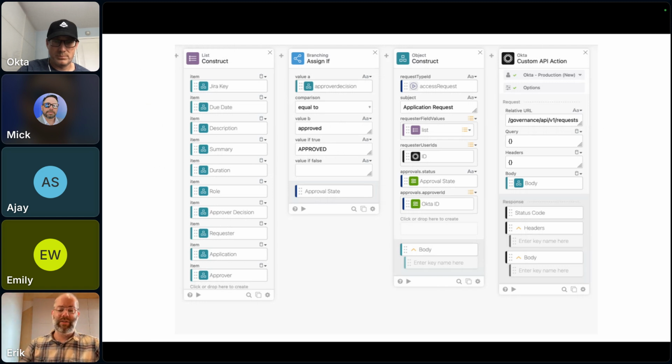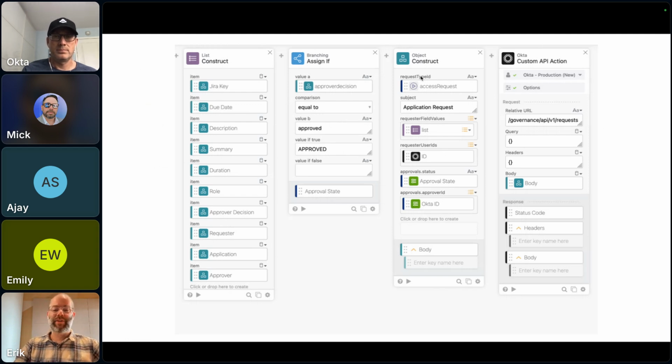There isn't a need to necessarily create more bits of information that are unnecessary, or run through the flow if it's not actually approved. So if it gets declined by the user, or the employee who's responsible for approvals, it'll just hit the spot and say, oh, nope, we're not going to do anything. They could probably be a little bit earlier in the card, but that's how it goes.